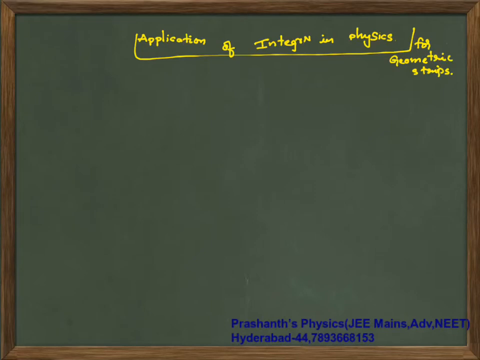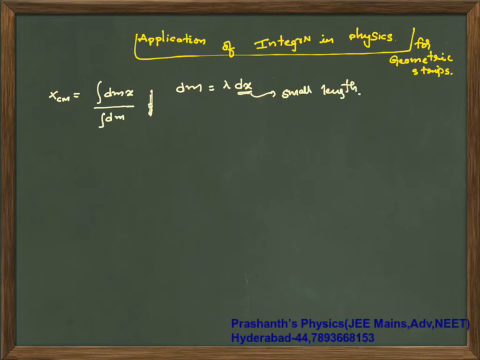where do we actually apply this in physics is, if you take center of mass x coordinate, it is integral of dm into x by integral dm. So, that will give you integral of dm is, here in this part, according to the definition, we are going to take dm is equal to lambda times dx. So, this is your dx is your small length. What you should take as small length is dependent on what I am going to explain.